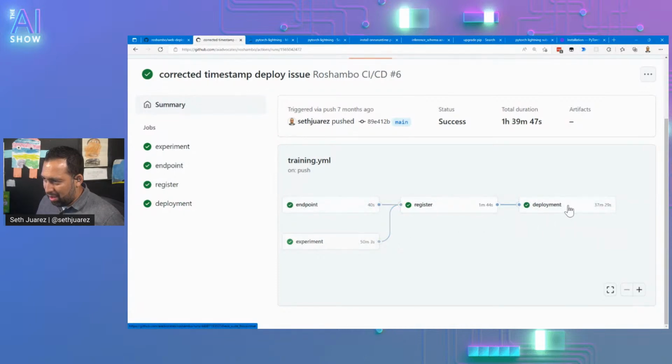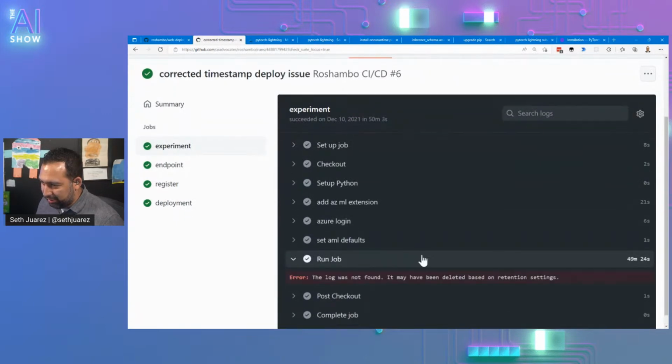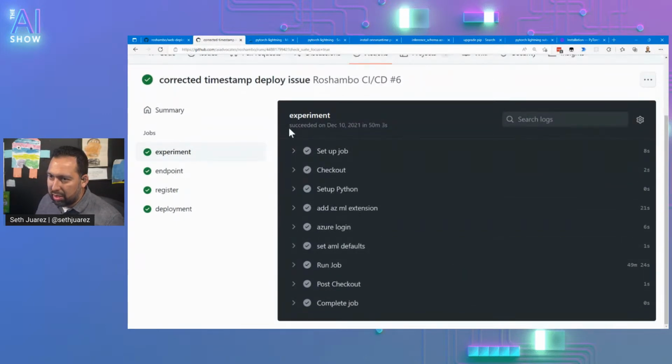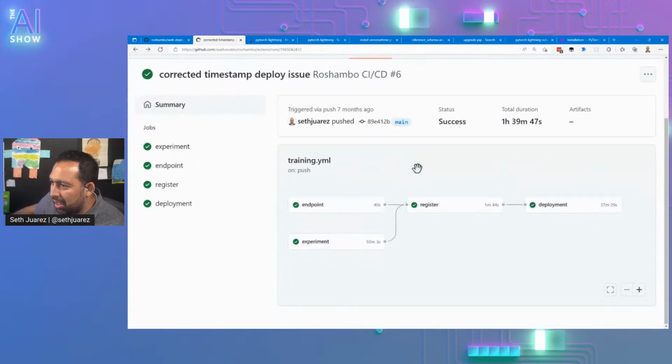Wow, this is a long pipeline. I think the reason why this took a long time is because it has to spin up the machine and it has to rebuild the container, which is crazy.